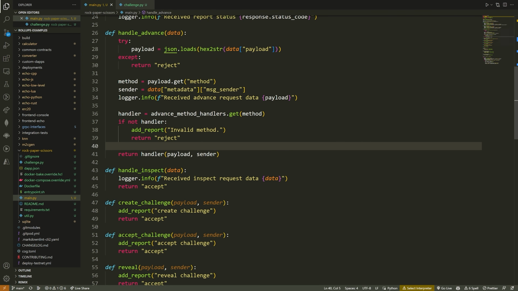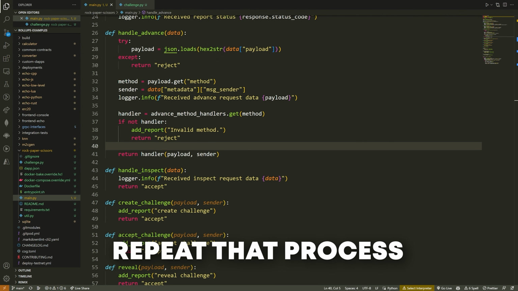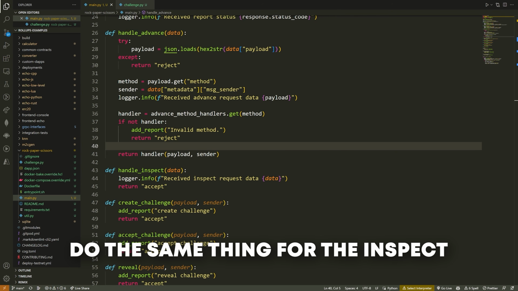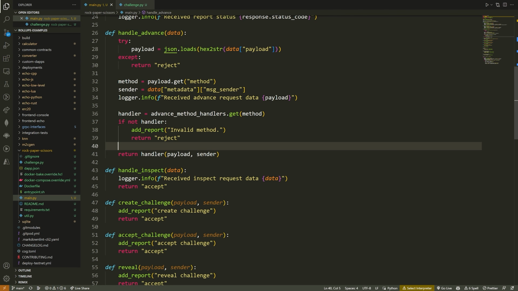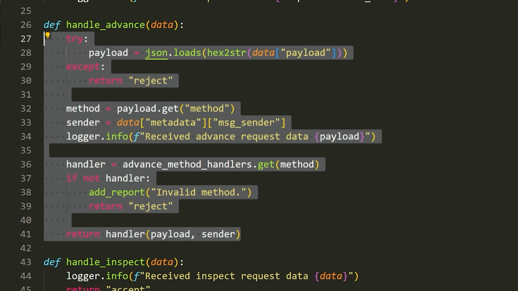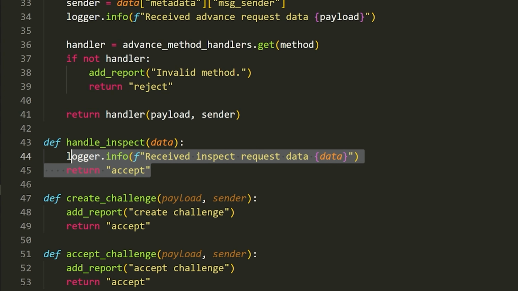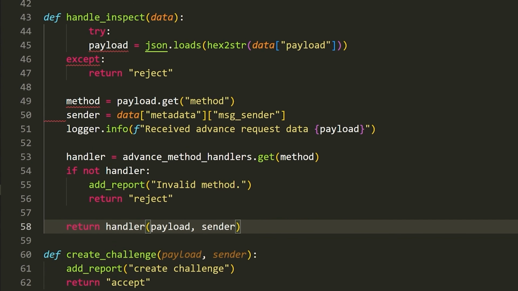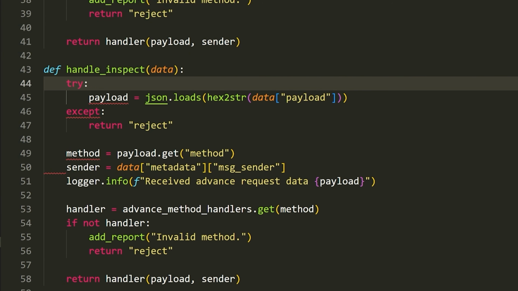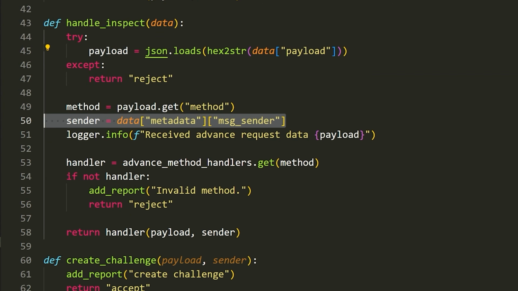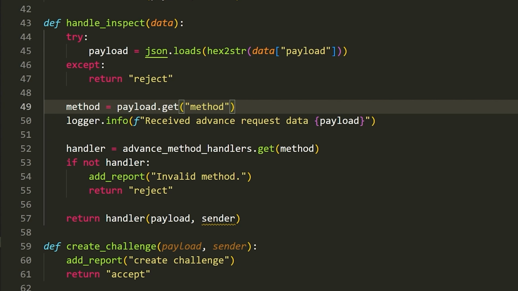So now that we've done that, we'll pretty much repeat that process and do the same thing for the inspect. For inspect, we can really just copy all of this, and we'll just modify it a little bit. So go to handle inspect. Okay, we're going to load in our payload. We don't actually care about the sender, and we're going to change this to say received, and this is going to be